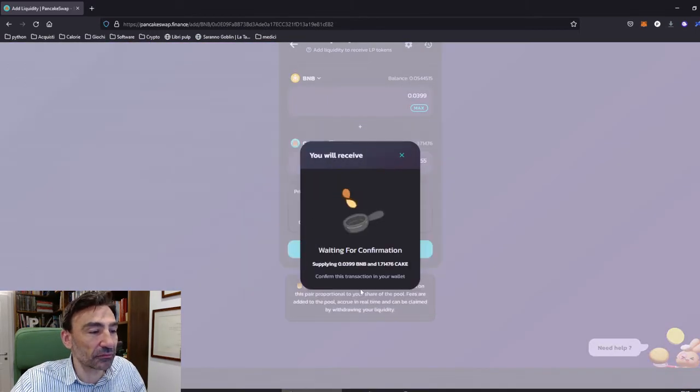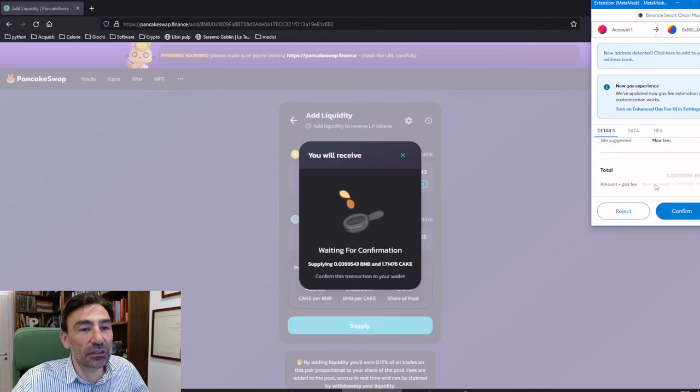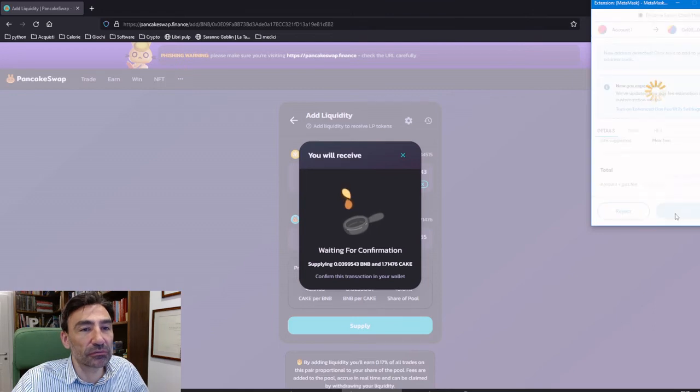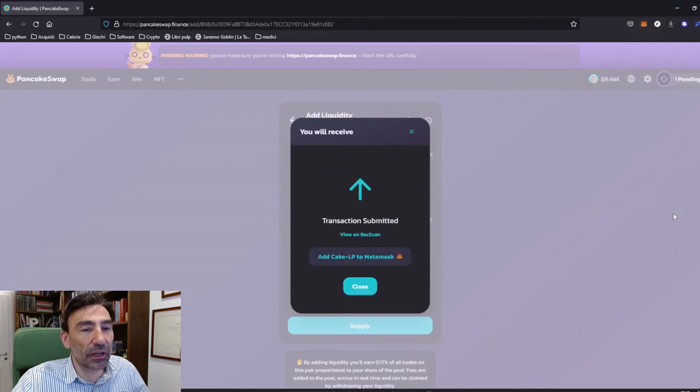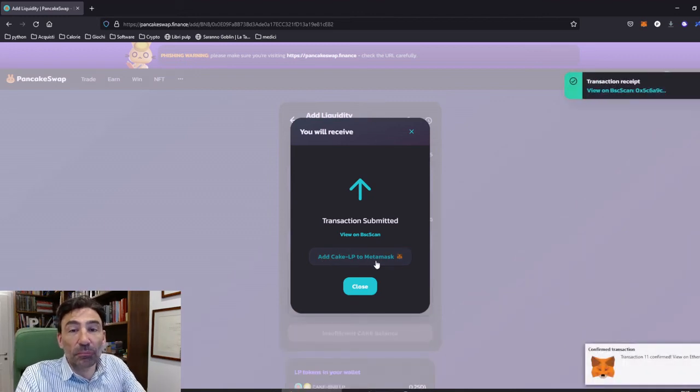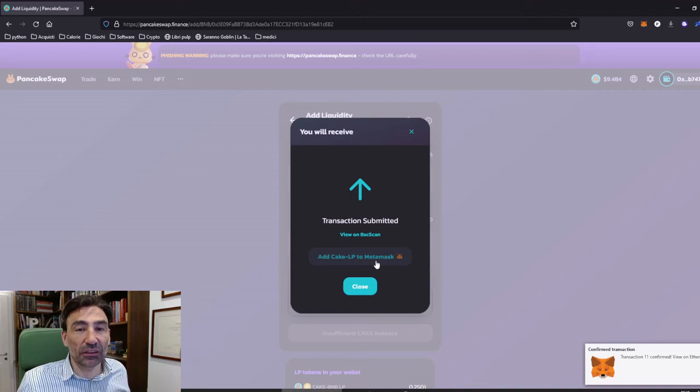Confirm supply. To confirm, MetaMask. Okay, confirm. I repeat, if you have never done it before, perhaps it will ask you several confirmations. Remember also to click Add Cake LP to MetaMask, because we provide liquidity and we could stop here. So in theory, we could stop to provide the liquidity. That's it. The smart contract will remember who we are, and we will remember that we provided liquidity in Cake